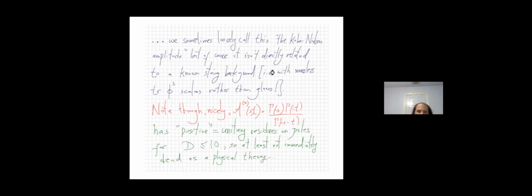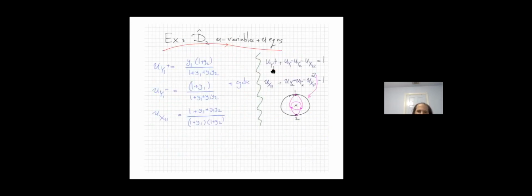All right, so let's now move on to the stringy forms for our example, now at one loop. We're going to do exactly the same thing. We're going to parameterize the U variables with these Y's. I just showed you how to do it. Up here, it's all the U variables, parameterized in terms of these Y's, and we just do the same thing.